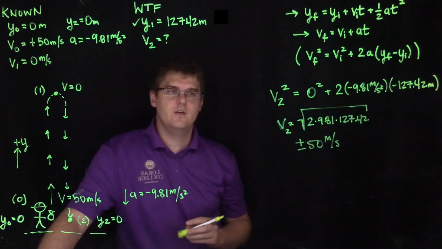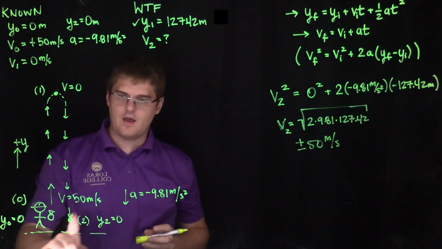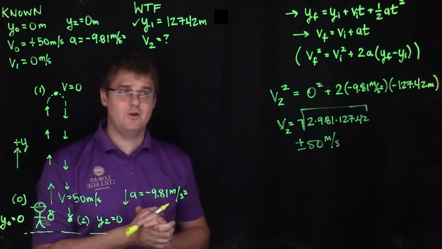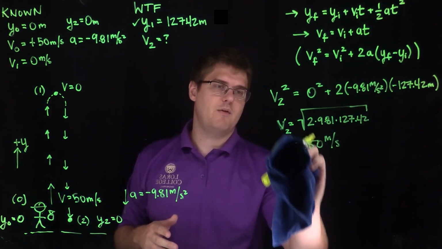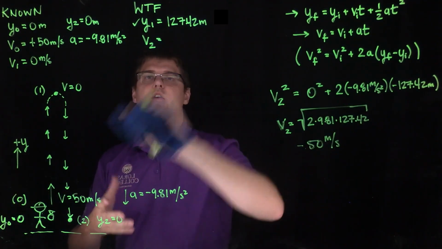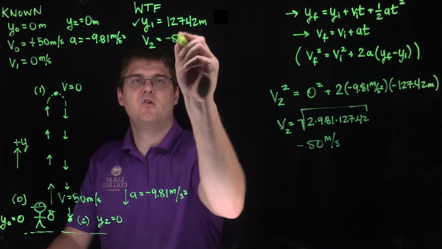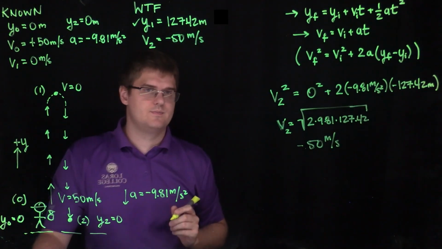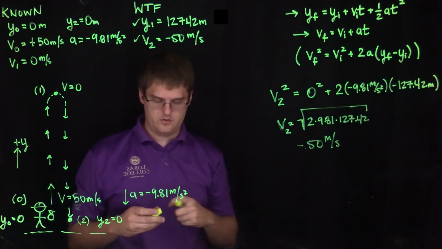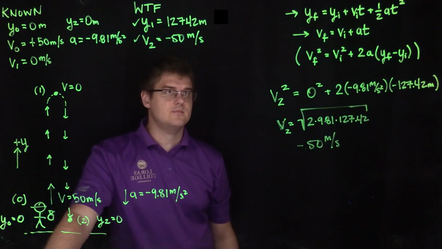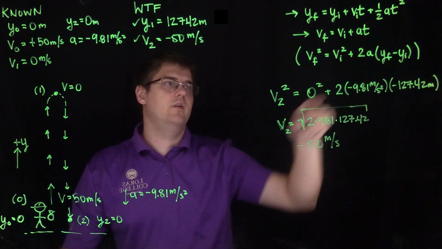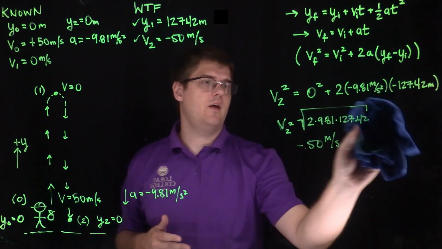And in this case, if this is positive 50 meters per second, that means that our water balloon right before it hits the ground is moving upwards, which makes absolutely no sense. So we know that my velocity at time 2 is going to be negative 50 meters per second. And with that, I've found both of the things we're trying to find, and we're done. Again, reminder that you don't have to solve it this way. You could solve it this way up here, or you could even, and I do actually want to show this,